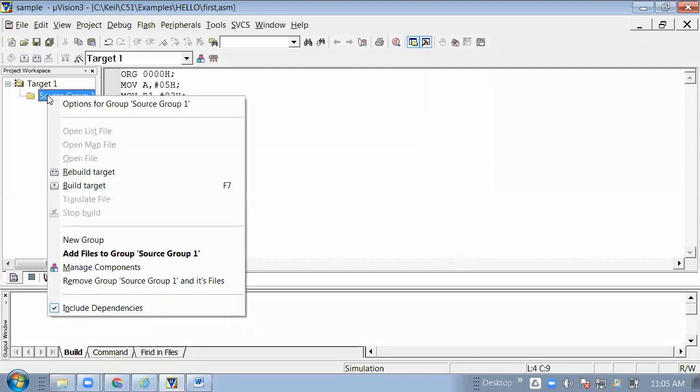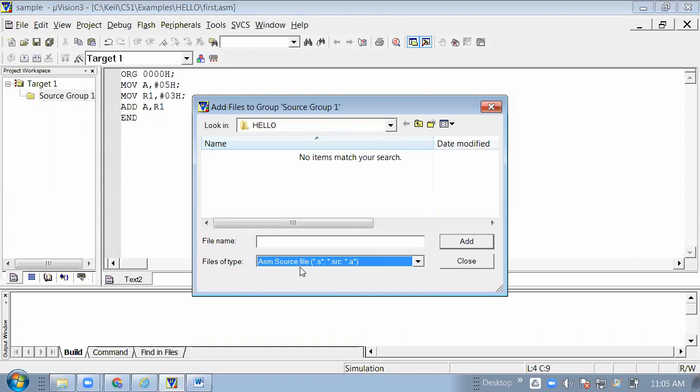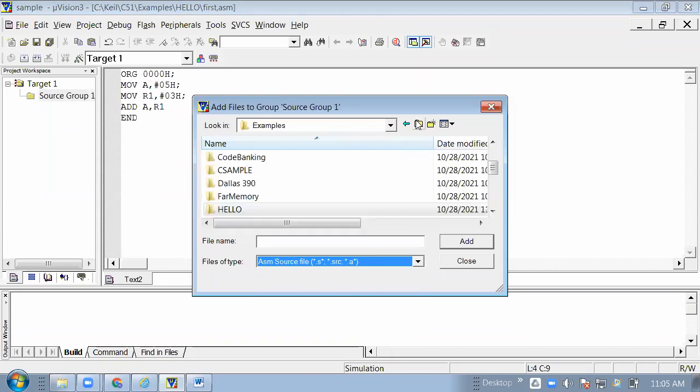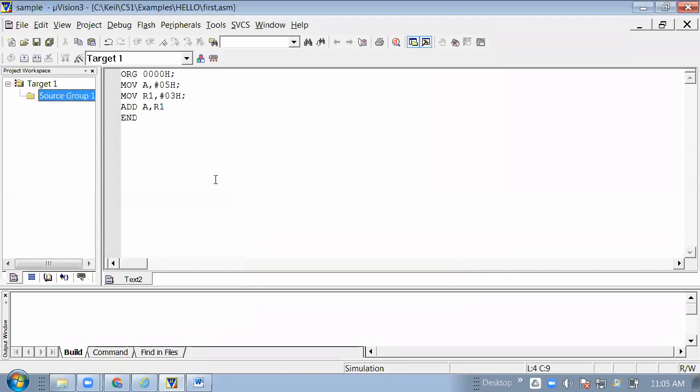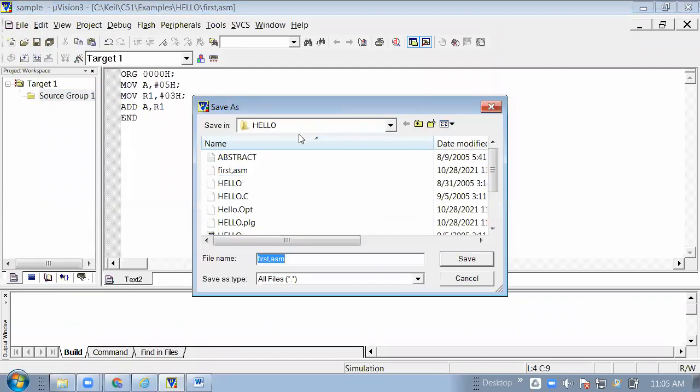Then right click, add files into the group. Here we are giving the asm file. Save the file as first dot asm.